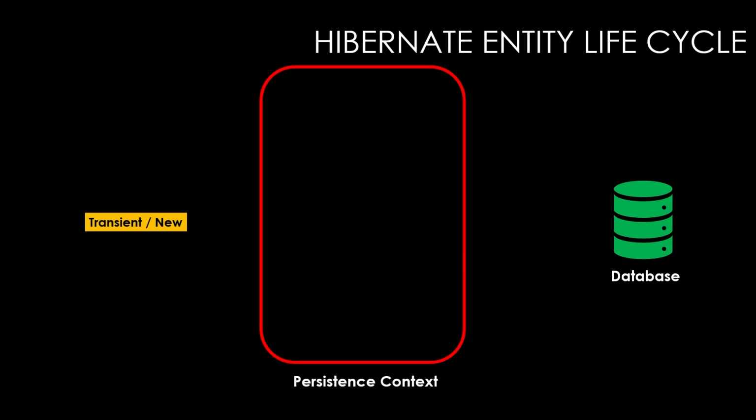So whenever you are saying new of owner, at that time your entity is in the transient or new state. This means that currently it has nothing to do with the database. It doesn't even exist in your database. So generally you see that in our service layer, we create the entity like saying new of owner or new